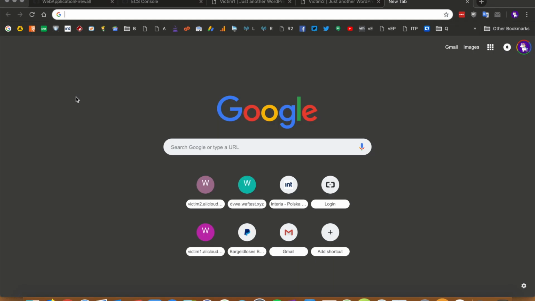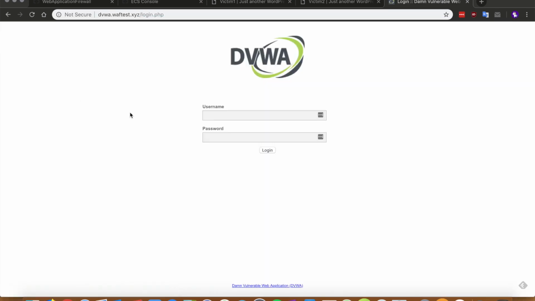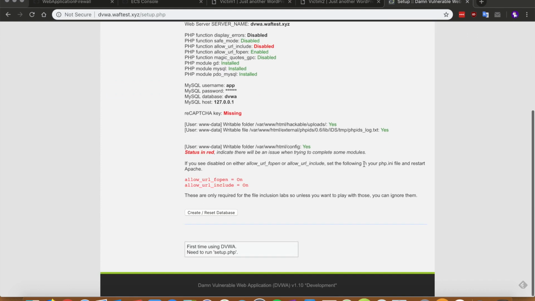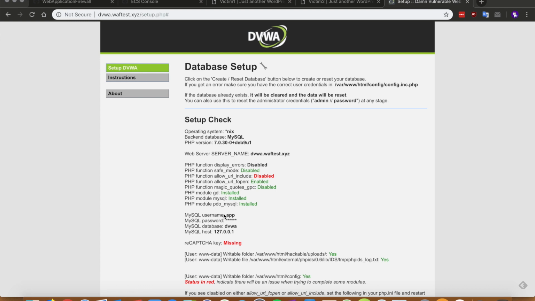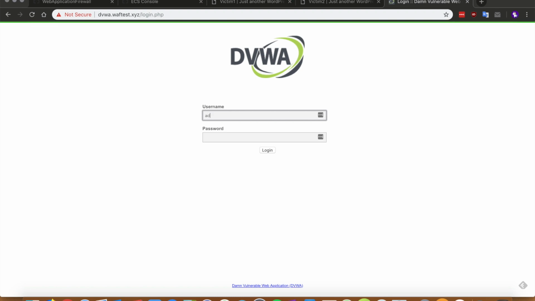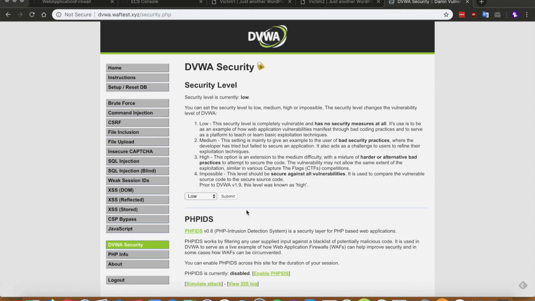Login now to DVWA. I will enter the username and password. I will create a database and we will log into the DVWA. DVWA has different levels of security. We will try the lower level. I will switch now to my virtual machine, Kali Linux, where we will try to discover